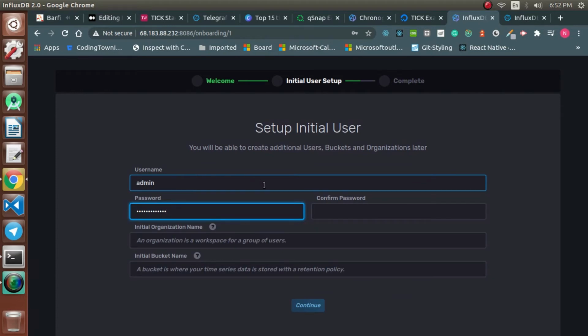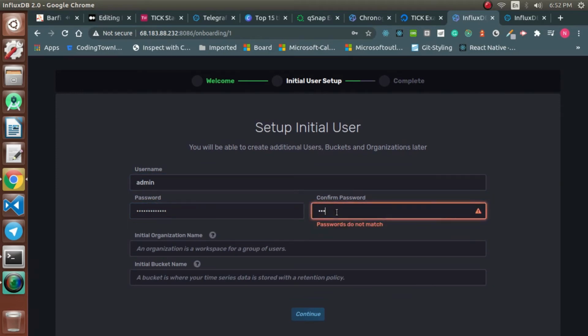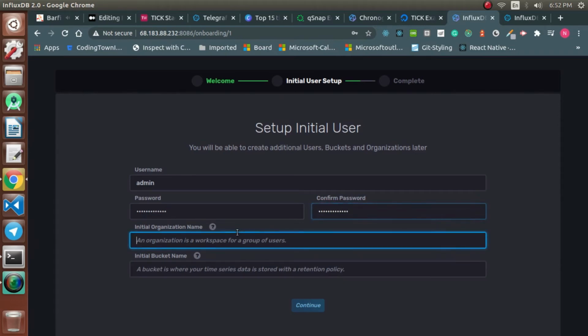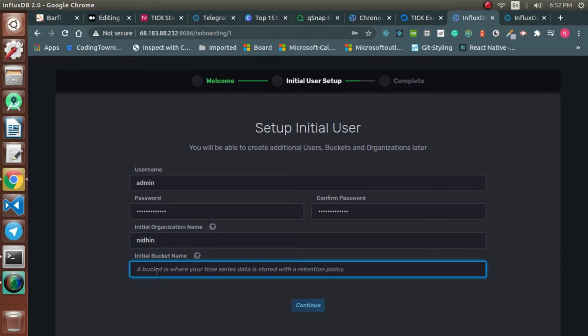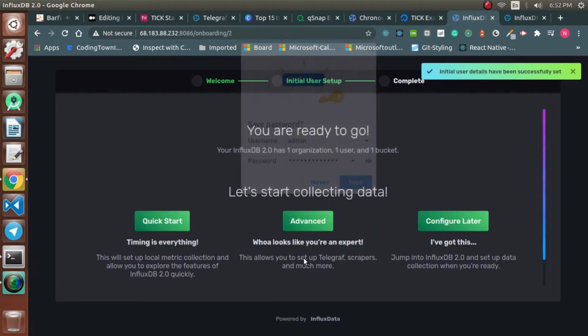We can provide the same password which you created while creating the droplet, so there won't be any confusion. Now we'll give the organization name. You can give whatever name you feel like. Now I'm giving a tech stack name. I'll change this one to a custom one, so I don't get confused with the tech one. Now we'll provide a bucket name, where this data will be stored. Now we'll create.